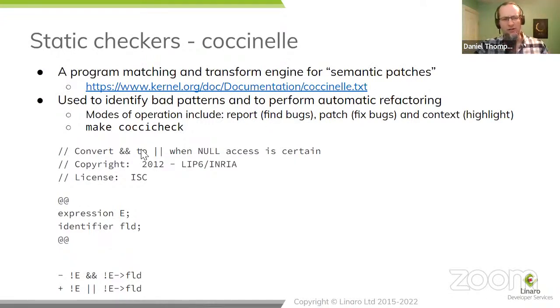Additionally, however, you can use Coccinelle to only spot the negative, to only spot the remove, and use it to spot bugs. So in this case, you could run this particular detector not to fix the bugs, but simply to report the fact that somebody's written one. And that's what CocciCheck does.